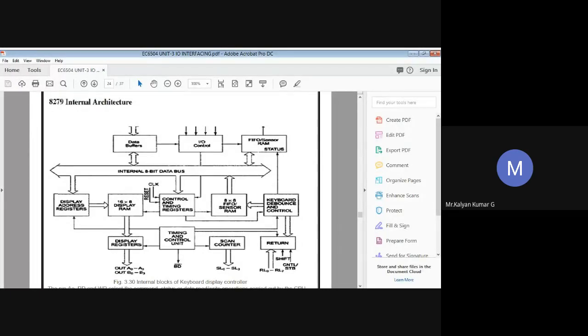Okay, fine. I hope it's visible now. Okay, shall we move? So I repeat, 8279 programmable keyboard and display IO interface.